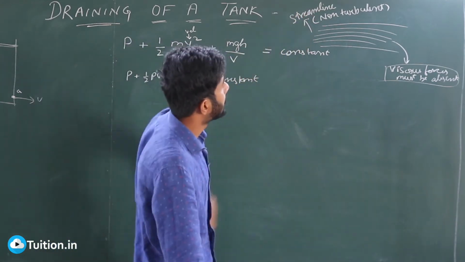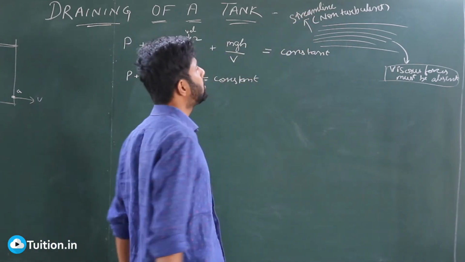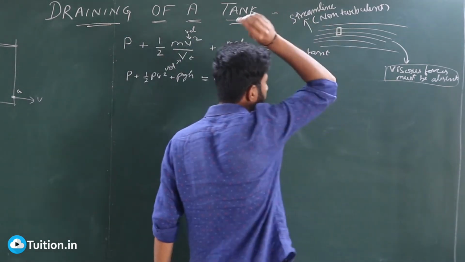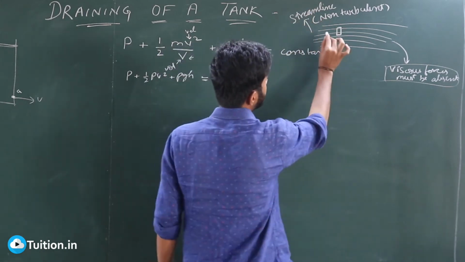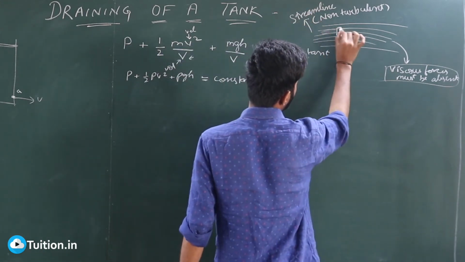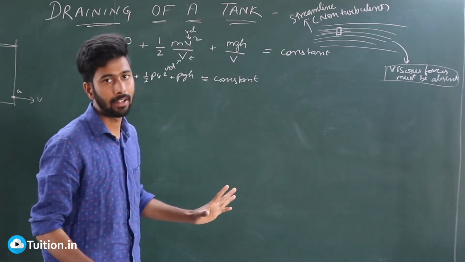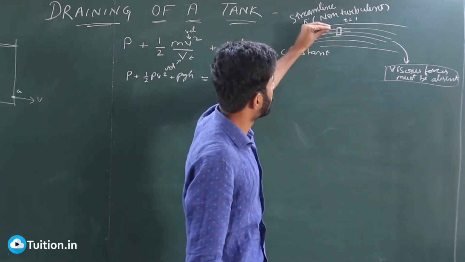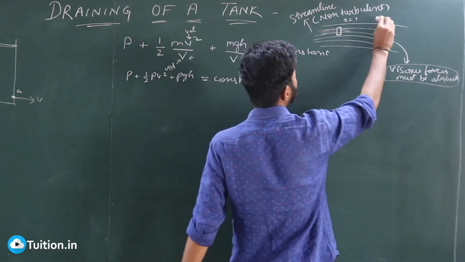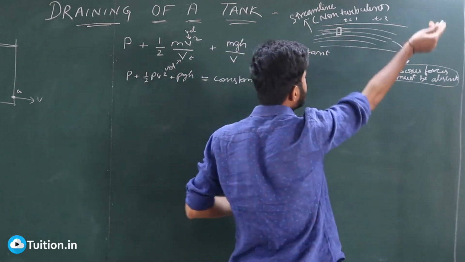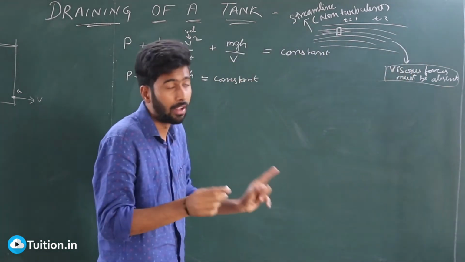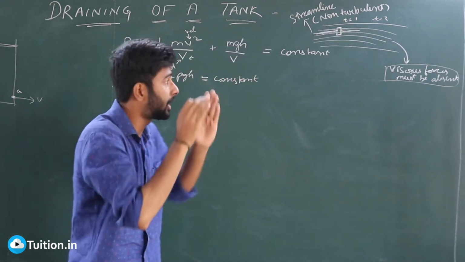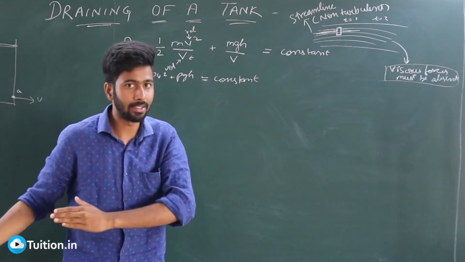But the second point, streamline, is very important. What do you mean by streamline flow? It means that if I pick up any section of this flow, the amount of fluid going inside the section and coming out must be the same at all times. It shouldn't happen that at t equal to 1 second there is a certain amount of fluid coming in and going out, and at t equal to 2 that flow has changed, and at t equal to 3 that flow has changed. No, that shouldn't happen. Once it's fixed how much is going in and how much is coming out for a time, that should remain the same for all times.